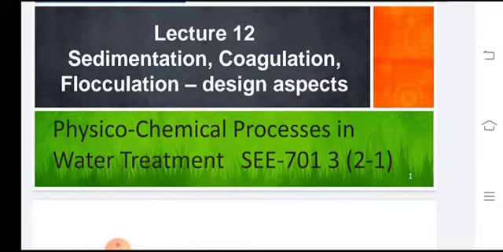Then we also tried to find the theory of how this sedimentation process actually takes place. Normally the three types of sedimentation describe the possible settling phenomena. Based on those, we are going to find out what is most appropriate for our design